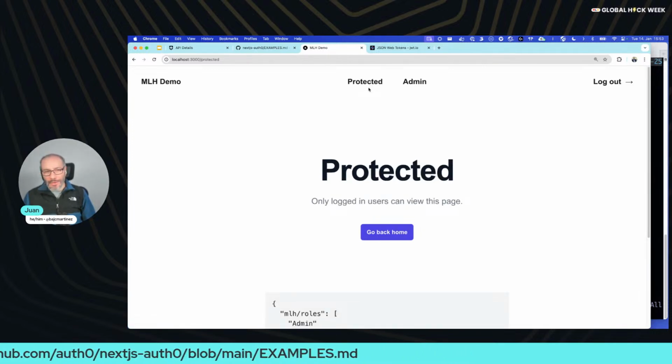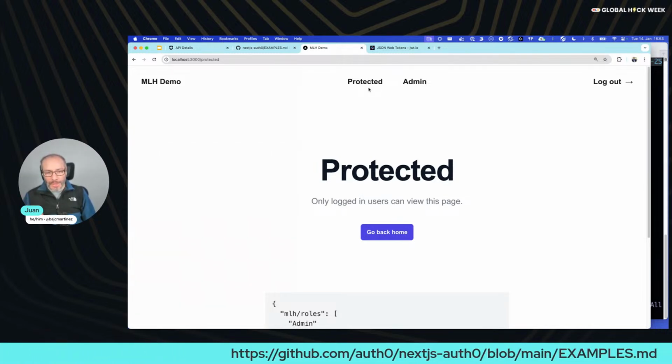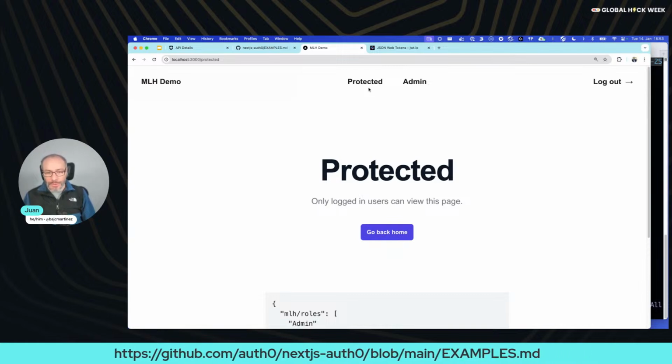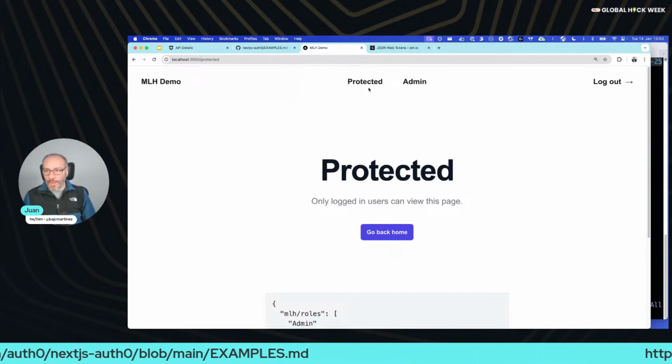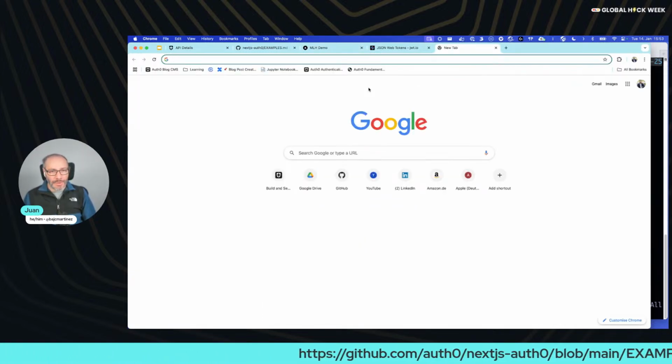And this kind of authorization, RBAC, is what is used in most of the commercial applications that are out there. Roles is one of the most basic and widely used permissions methods out there. There are some more advanced use cases. We don't have the time to go into that in this workshop, but if you are really interested in knowing